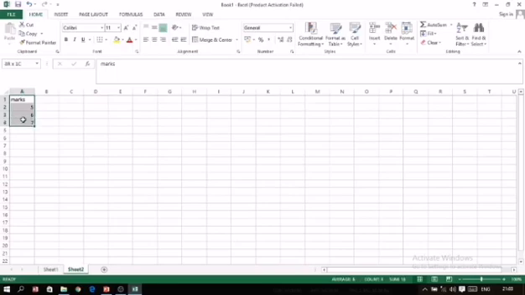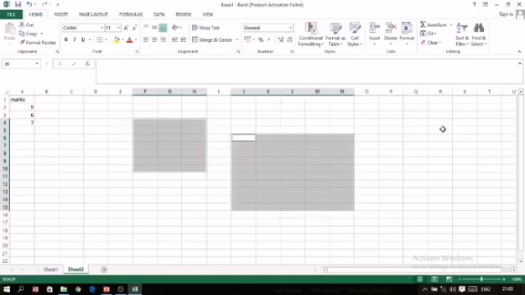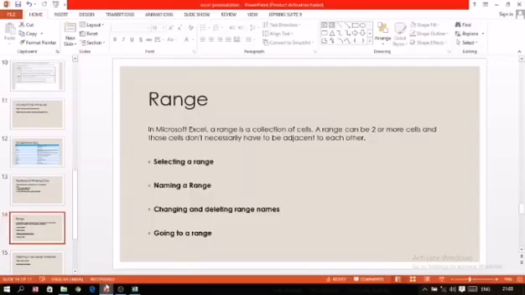That is, I have selected 4 rows and 1 column over here, so that is the range. Now here the cells which I have selected are continuous, but sometimes we have to select non-continuous cells also. For example, one range is here, another range is here, one range is here, so that way also we can select. Now I will explain how we have to do it.